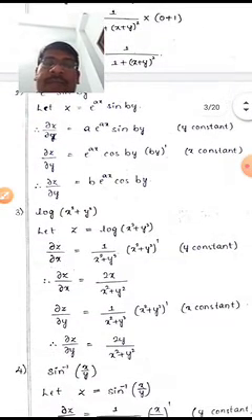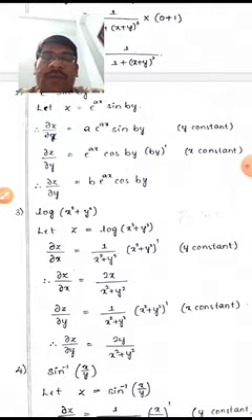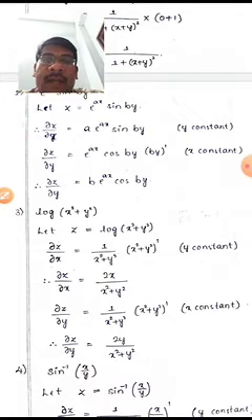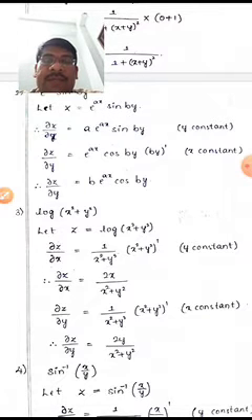The next one is z is equal to log of x square plus y square. Dou z by dou x is equal to the derivative of log, which is 1 by x square plus y square. Again the derivative of x square plus y square is, the derivative of x square is 2x. The derivative of y square, here we are doing it with respect to x, y is the constant, that is 0. That is dou z by dou x is equal to 2x by x square plus y square.